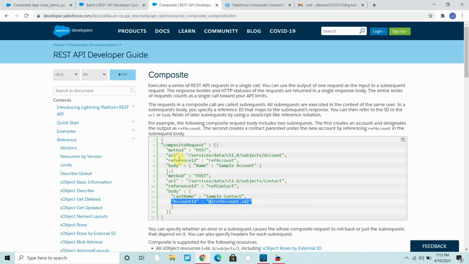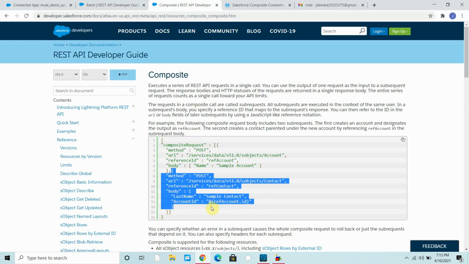As I mentioned, you can use the output of one request as the input to a subsequent request, and that is what we have done here. The requests in the composite call are called subrequests. This is subrequest 1, this is subrequest 2, and so on.